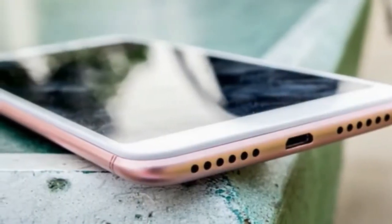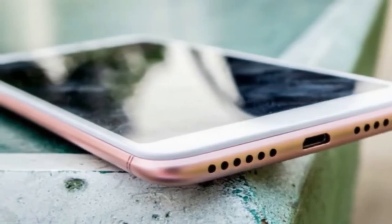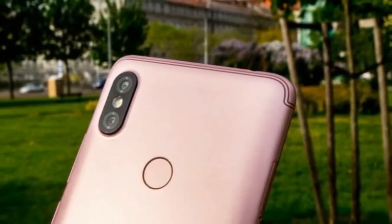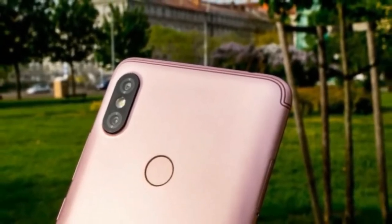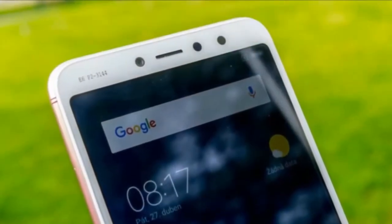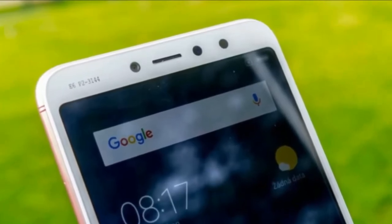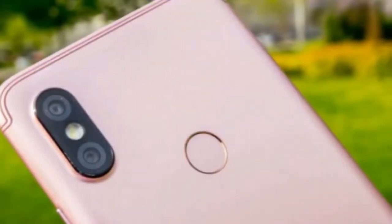The device will come with a dedicated microSD card slot, allowing you to expand the internal storage while using 2 SIM cards. The images have revealed that the device will come with a fingerprint sensor at the back and an infrared port at the top. Coming to the camera department, the Redmi S2 will feature a dual camera setup at the